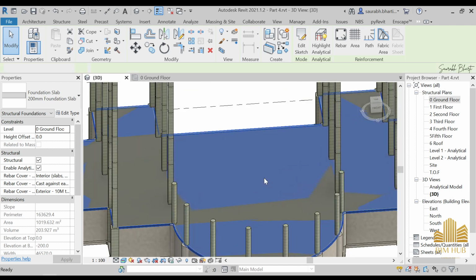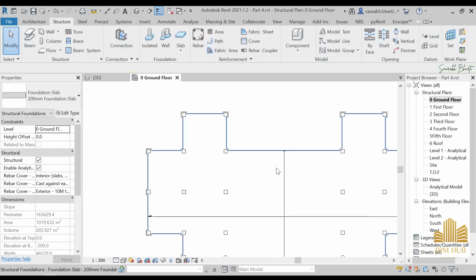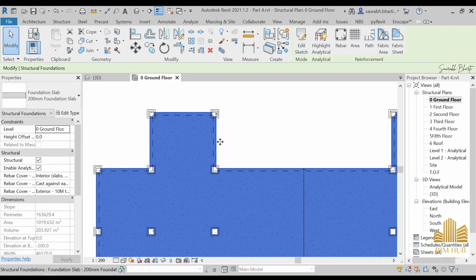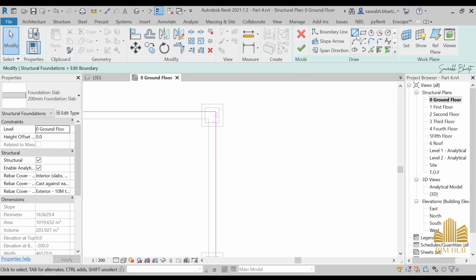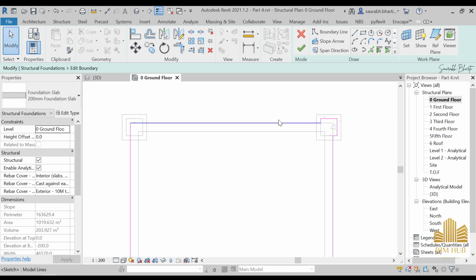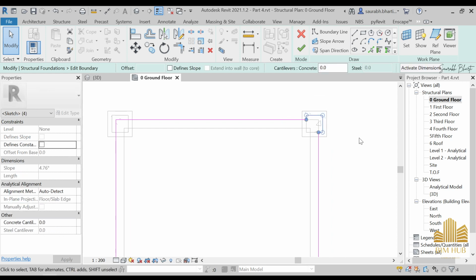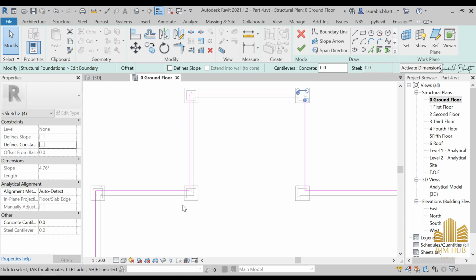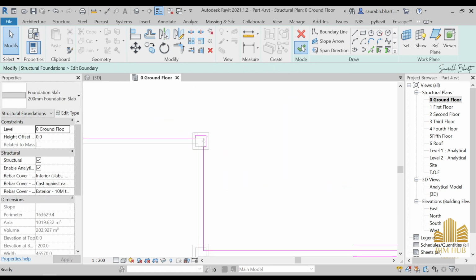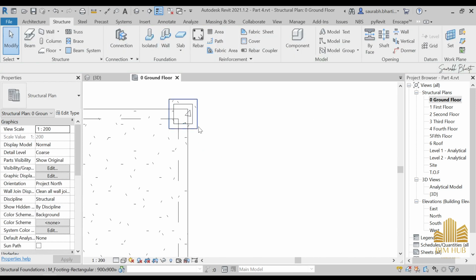Then what else I have to tell you about is, over here you can select this slab and then go to sketch, and you can make the sketch something like this, like this, like this, and this, and then trim it out. Now you can have something of this type. This is a very particular type of thing. If you want, you can do it for all your foundations over here. So just finish it, and just don't attach it. Now it is something like this, but by doing this there's one problem.